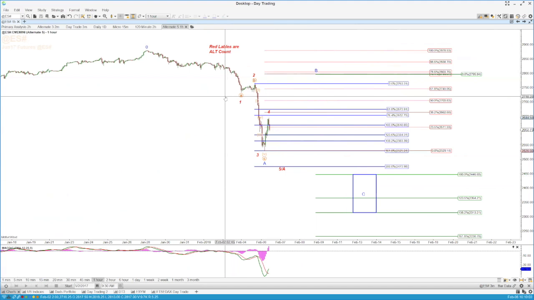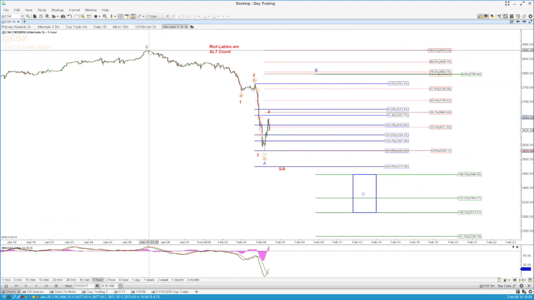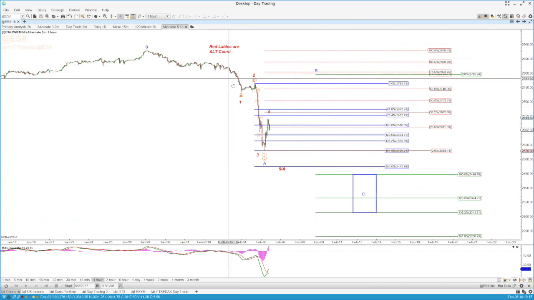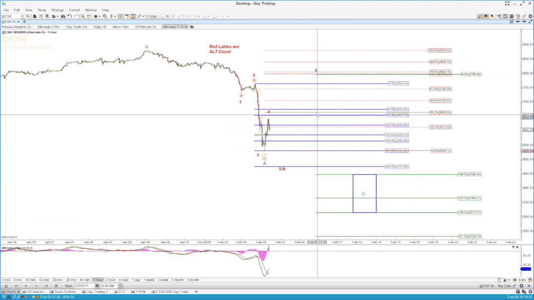Now, there is an alternative here in that off the low, we could count this as a 1, 2, run the same Fibonacci projections, and the standard expectation for a wave 3 is the 1618 extension. So the length of the 1 projected off the 2, and obviously we've hit that. We would then expect the wave 4 to remain absolutely below the 618 extension, but usually below the 764. So those come in at SPX